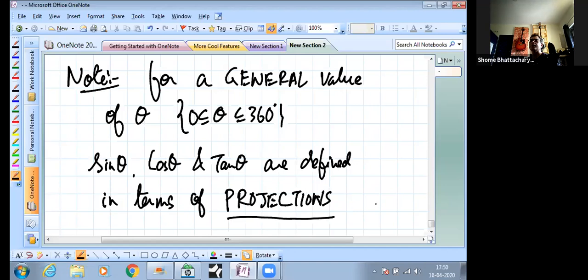In maths, you might have learned something called ASTC rule, or some of you might have heard about this. So ASTC rule is like a way of memorizing the formula that you get for trigonometry in 4 quadrants. However, it doesn't really give you an explanation of why the formula are like that. Here we will develop a complete explanation and a logical method of understanding why the ASTC formula are that way. So just be a little bit patient for the next few minutes, and you will understand how the principles of ASTC actually come forth, or how to calculate sine, cos, and tan in terms of the general angle.